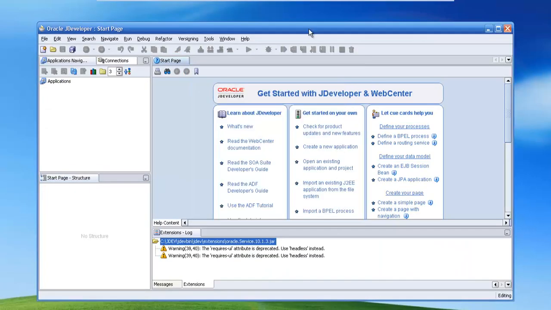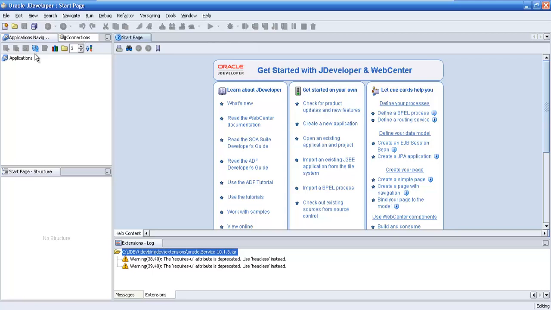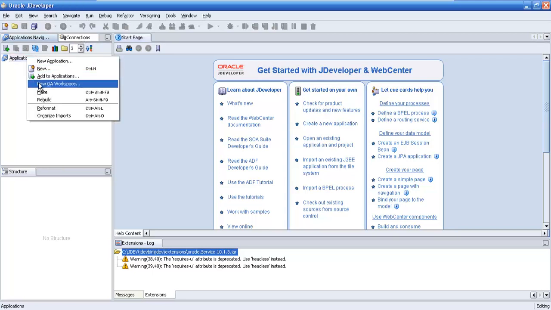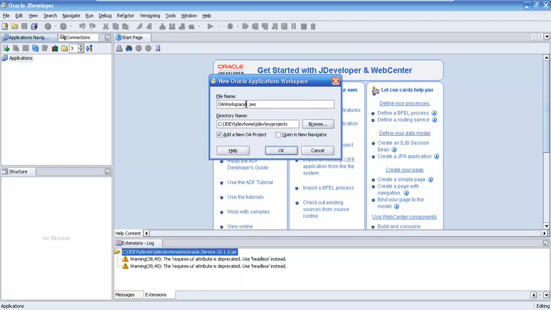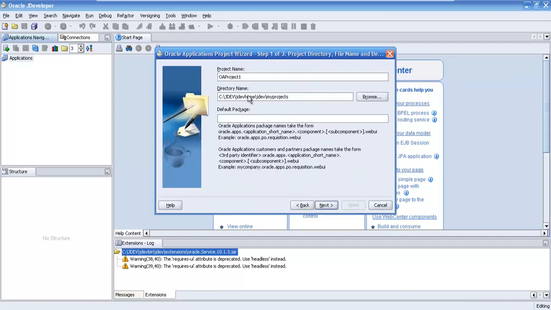So let me create the self-service page first. Right click on the applications, new OAF workspace, form to OAF transition. This is the workspace we are going to create and it is available in this folder. XX Wipro, Oracle apps PO, Wipro